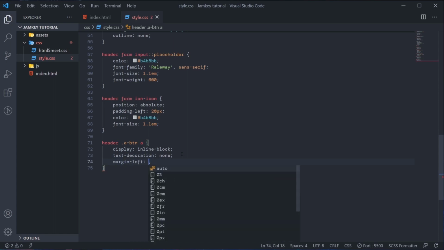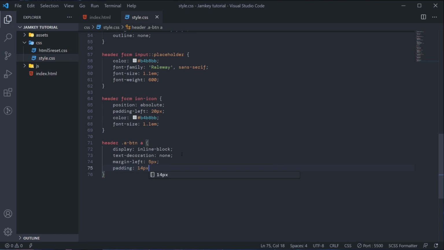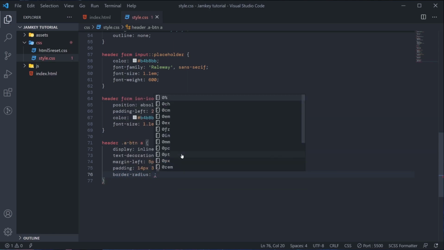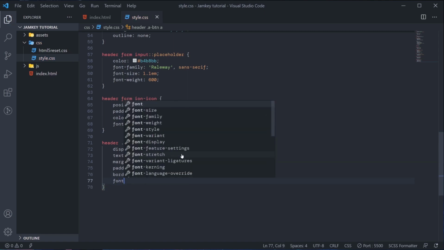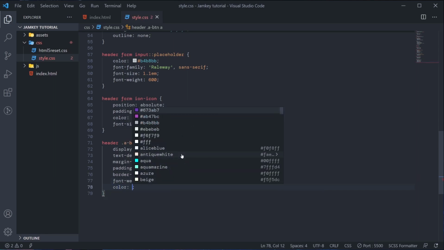Margin left, I will give it 5 pixels. Then padding will be 14 pixels for the top and the bottom, while the left and the right could be 30 pixels. Then border radius could be 50 pixels, while the font weight will be 600. And we'll just set the color to black, #000.